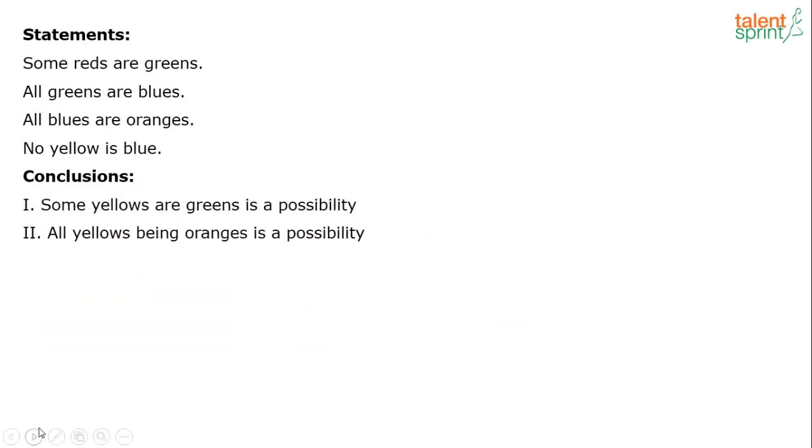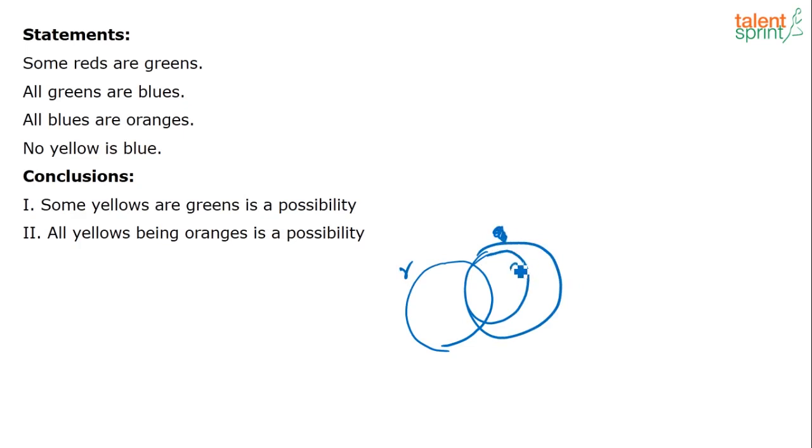Next question. Again, same sentence with different conclusions. So this is a possibility. As I said, when you have a possibility, what you do is always check at least in one possible diagram, right? At least in one possible diagram, the possibility should be true. If it is true, you can take it as a correct conclusion. Okay. So let us represent it. Some reds are greens, all greens are, sorry, this is green, this is blue, then you have orange,